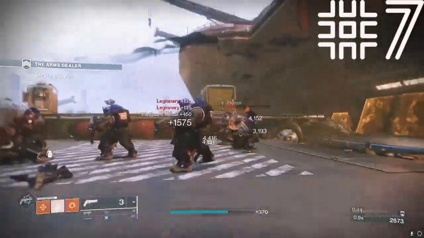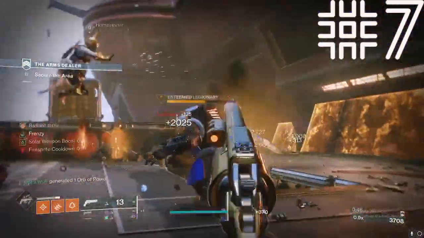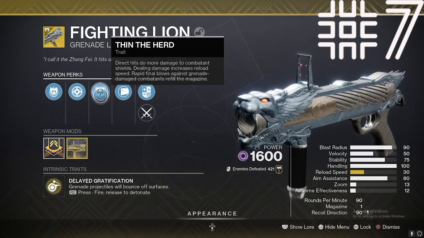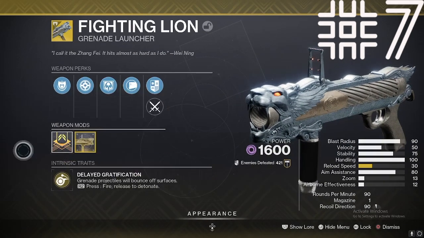If you don't already know, this is a primary ammo handheld grenade launcher. Its exotic perk is, well, the fact that it's a handheld grenade launcher, and its actual perk is that direct hits deal more damage to shields, dealing damage increases reload speed, and rapid final blows against grenade damage combatants refill the magazine. My change would have it focus on that last line of its trait and make it a good